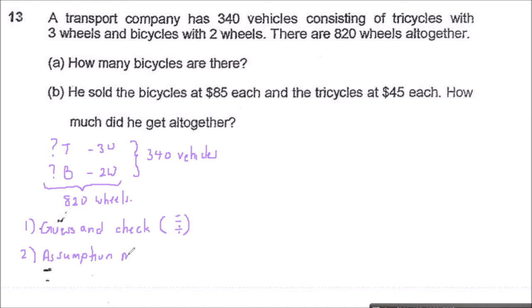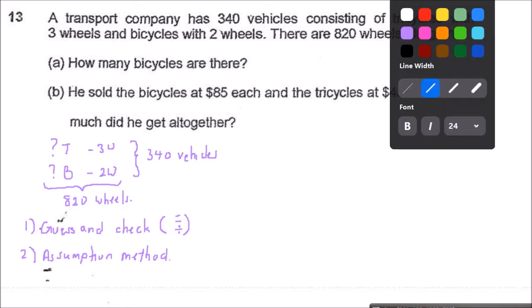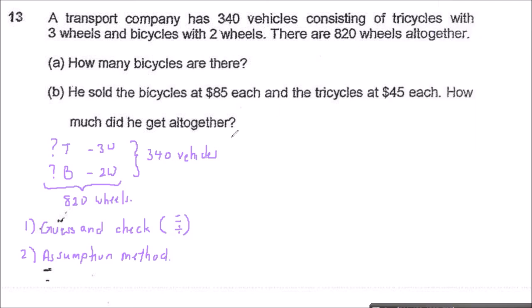Okay. So in this question, I'm going to demonstrate the assumption method. So guys, we know that there are some tricycle and bicycle. So we don't know how many. So I'm going to assume that all the vehicles are bicycle. Okay. So first step, let me just show you the guess and check again. Okay. So first step, what we need to do is that we have to assume